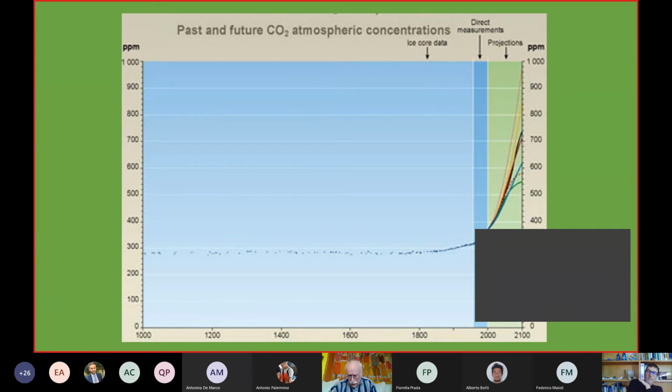The steepest is called in our literature business as usual, which means our behavior regarding consumption of meat and growing the animals for meat and the consumption of fossil energy, if it continues as is,